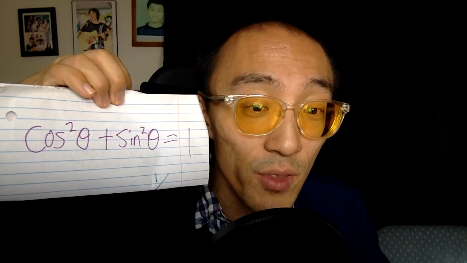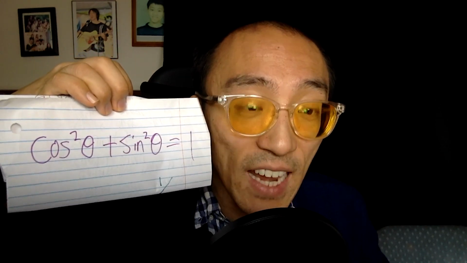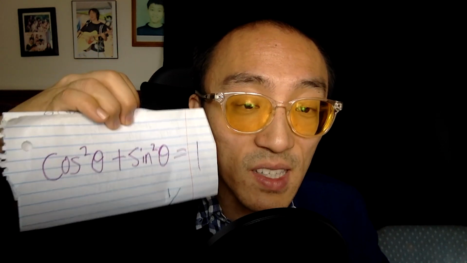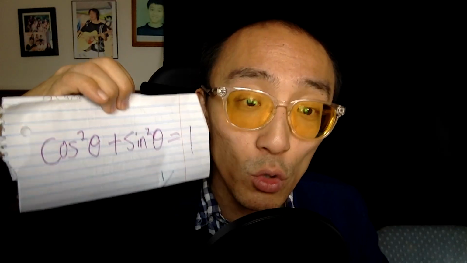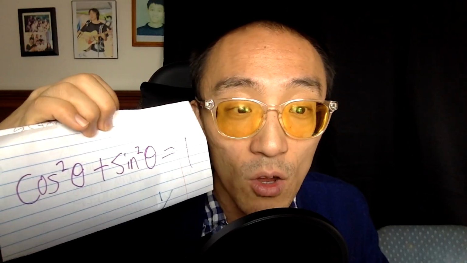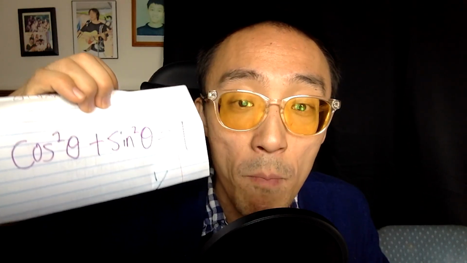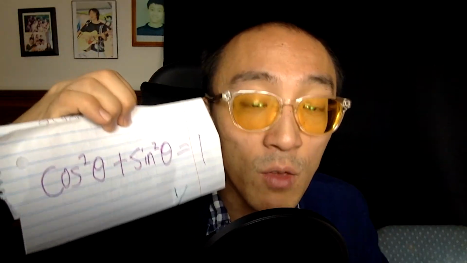Do you guys remember this equation? The cosine of theta squared plus the sine of theta squared equals 1. This is one of the first equations you learn in trigonometry, aka pre-calculus. And today, we're going to explore this so we never have to memorize this formula, but we inherently will understand